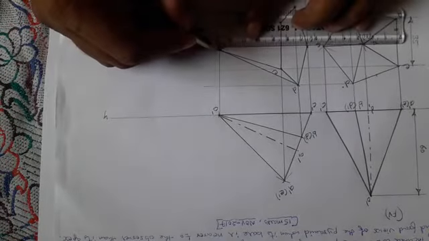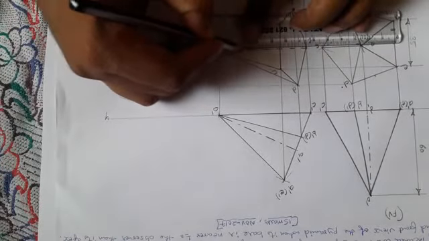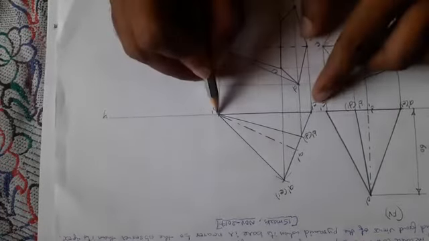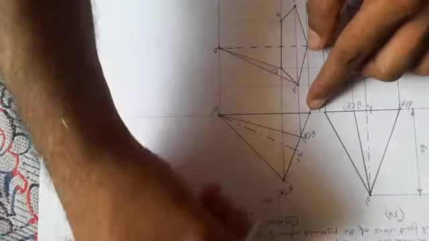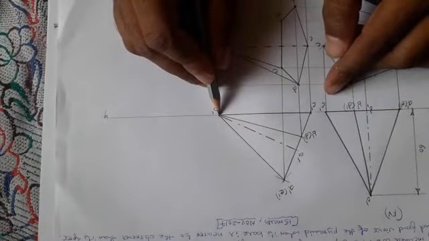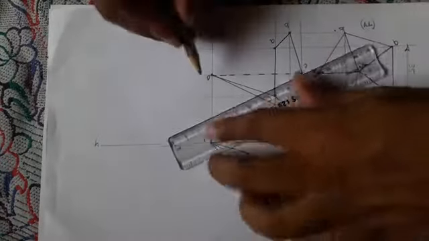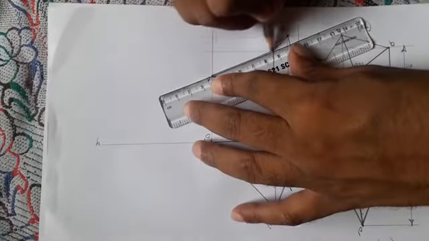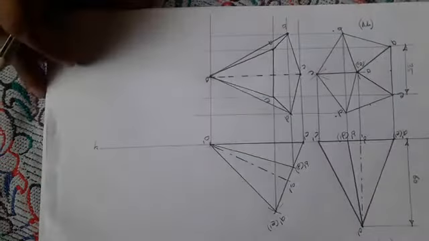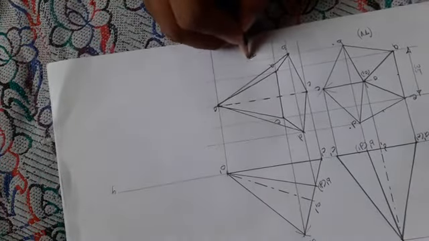O to C is invisible line. It is because the distance O to C is resting on the HP. This O to C is resting on the HP. From the top view side, it is not possible to see the line of O to C. Okay, hence it is drawn dotted line. Okay, and O to A is also visible line. Similarly, O to B is also a visible line. So this is the front view of second stage, and this is the top view of second stage.